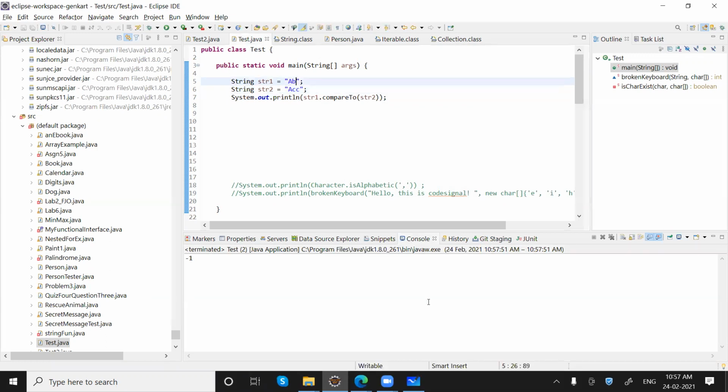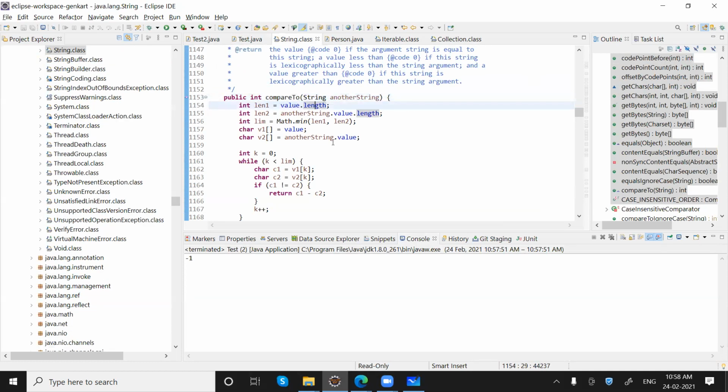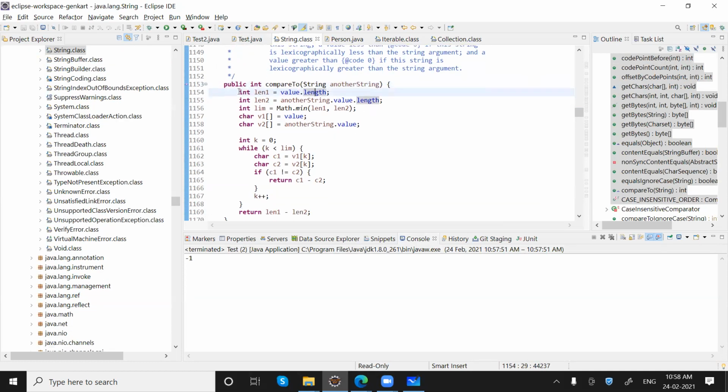Anuj, is it doing AB minus ACC or ACC minus AB? I would not say it's doing any minus or plus. Let's go deeper into what it is doing, we can see it here. So we are passing two strings.